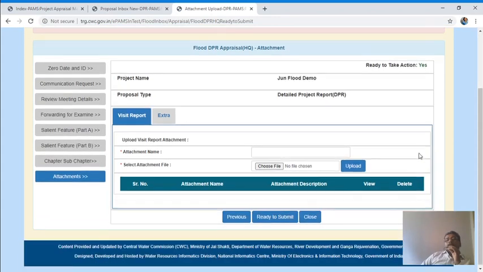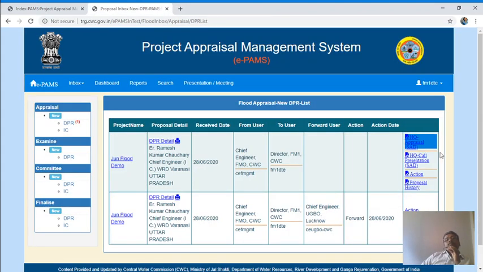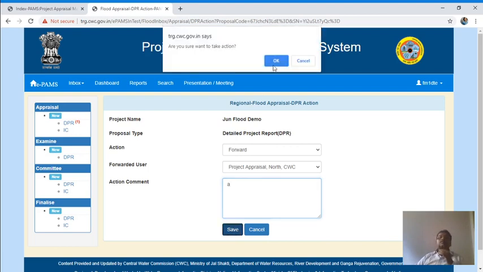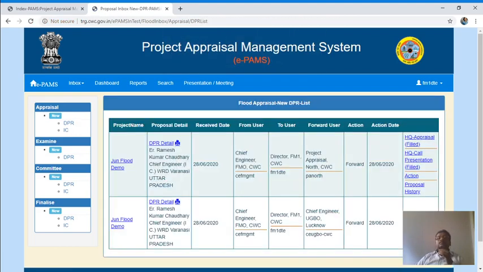Now you can take action. Now it has gone to PA North account.